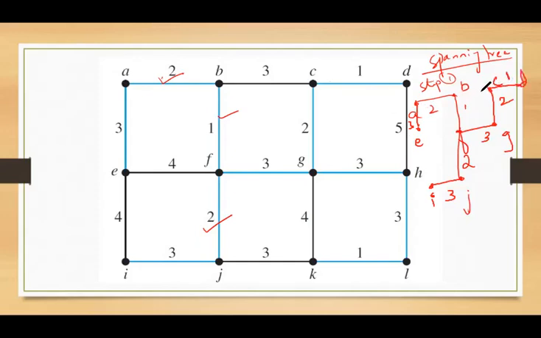Now you can check whether you have all the vertices. No, you don't have H, L, and K. So this part of the vertices have to be added. So now let's check this side of the graph. So CD, we need to add the vertex H. So we can either take DH or we can take GH. Among these two, which one is the smallest? Obviously GH. So this is 3. Okay. And then finally, we have to add the vertices K and L. H is connected to L by this edge. So H is connected to L.